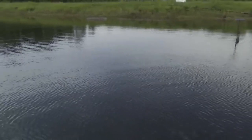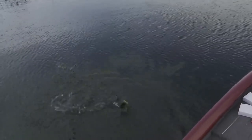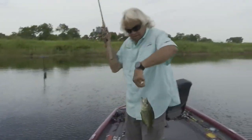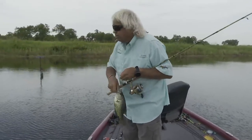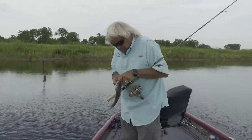One of the things about it, they're usually ganged up. And if you can find isolated cover, that's the other thing. This is isolated. There's a couple pieces of structure right here, and that's about it. It's all bass break off over there. But you can see that,